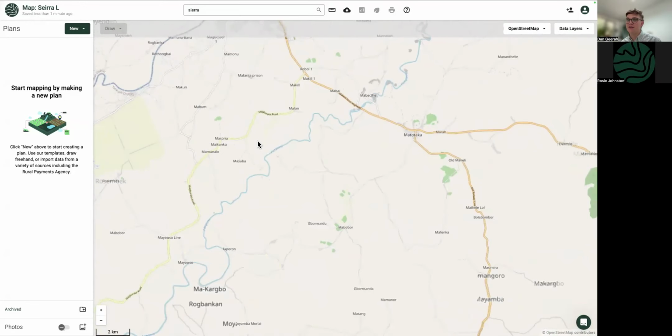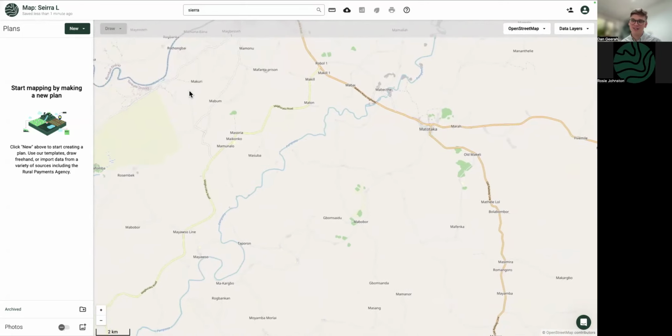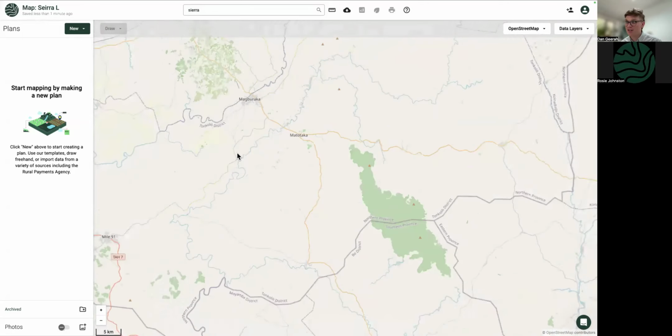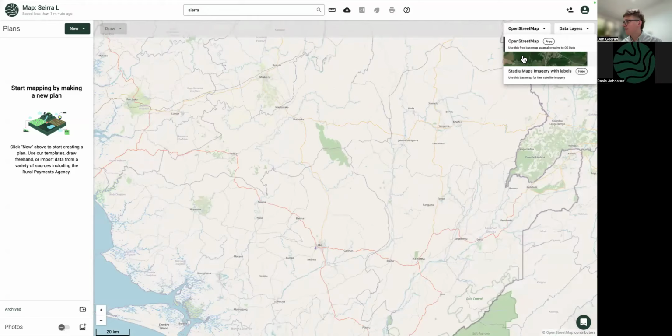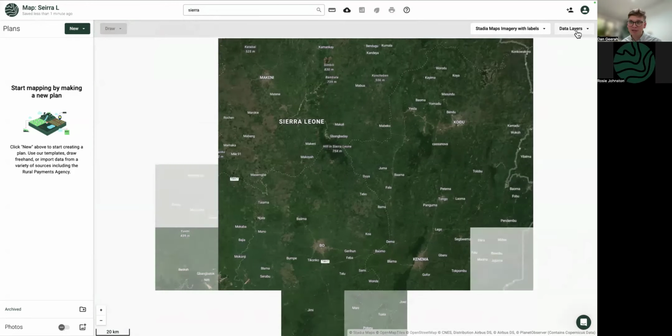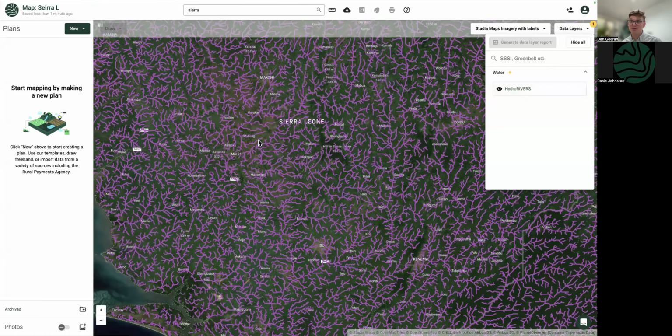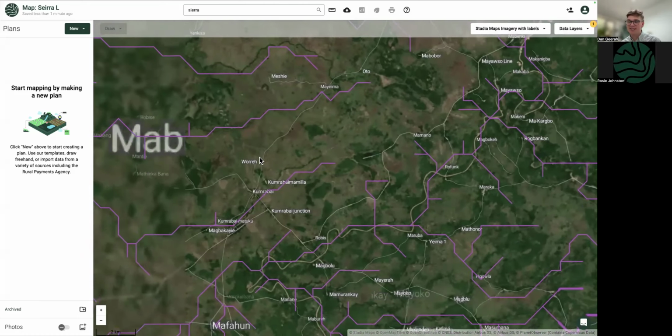So at the moment, if you are really interested in international, drop us a message and we can hopefully start to have a conversation, because we really do want to start helping. But we have got this ability now to map in, as you can see, Sierra Leone, which I've never been to. I'd love to come. Maybe we can do a little test. And we've just at the moment got river data. So we're just working out what data sets do we get in.